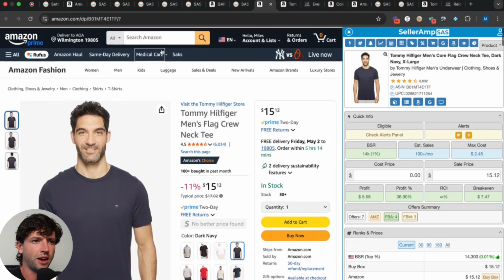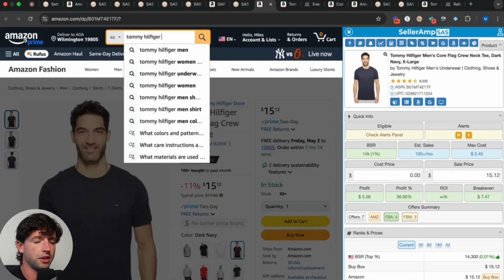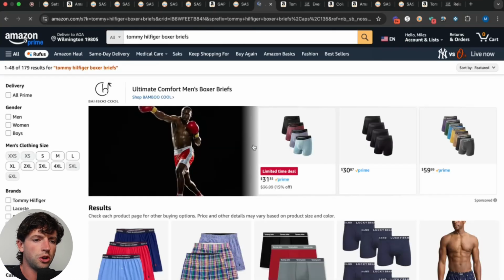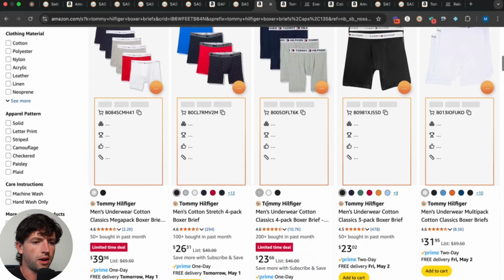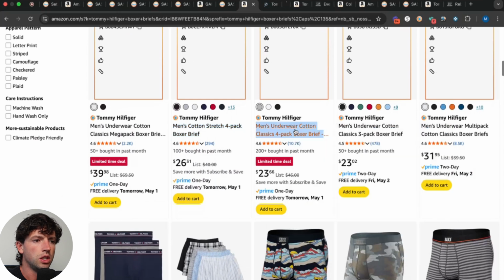So we found those Tommy boxers that were good. So sometimes we can literally just Amazon search when you know there's a good deal going on. Just search Tommy boxers or Tommy boxer briefs here, right? And just see what the Amazon algorithm's showing me for other listings as well, right? So we can see, yeah, 50 plus bought, 23 plus bought, right? So we can go ahead and take a look at a couple of these